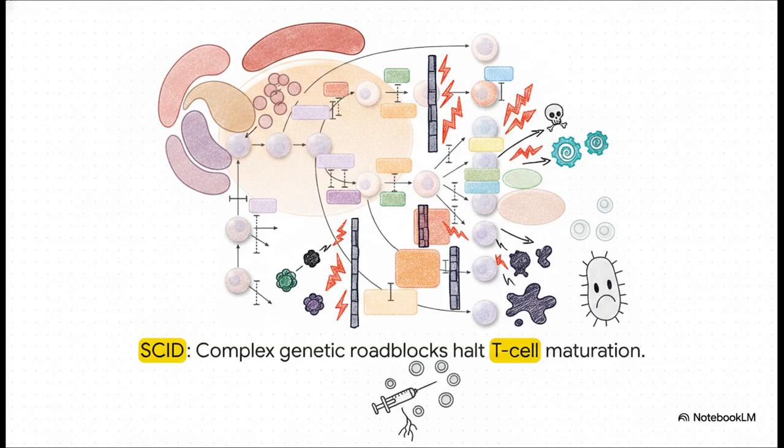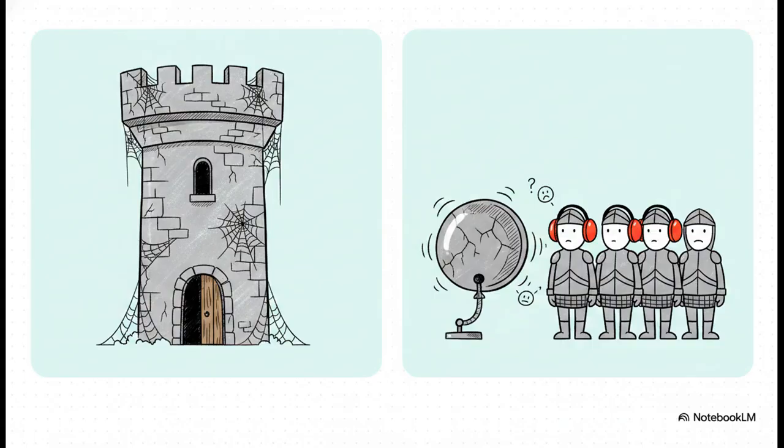This could be due to a toxic buildup from adenosine deaminase, or ADA deficiency, or maybe a lack of crucial survival signals in X-linked SCID, or even disrupted T-cell receptor signaling. These blocks halt production entirely. It leaves an infant totally defenseless against practically any pathogen out there, requiring incredibly aggressive therapies like stem cell transplantation just to survive. It's really crucial to contrast the total devastation, the completely empty barracks of SCID, with selective defects